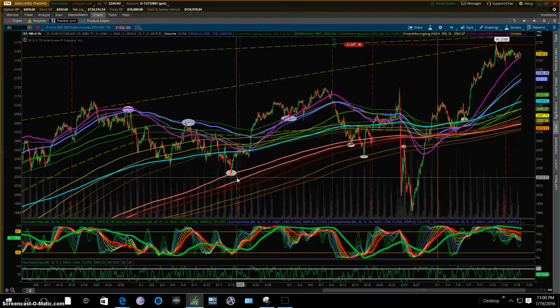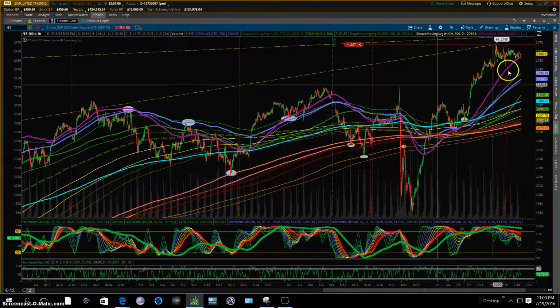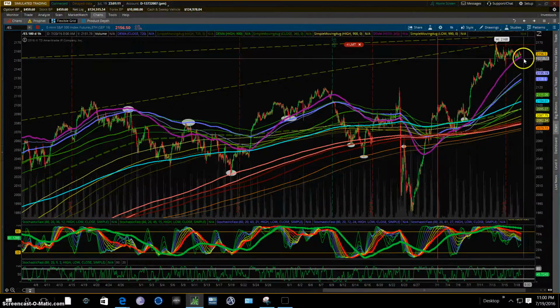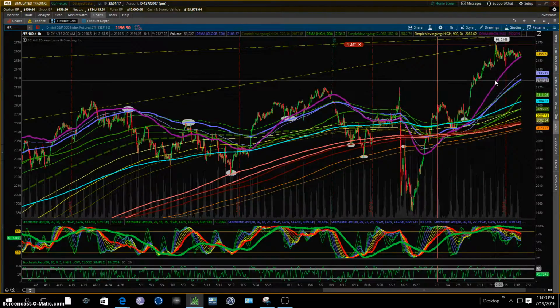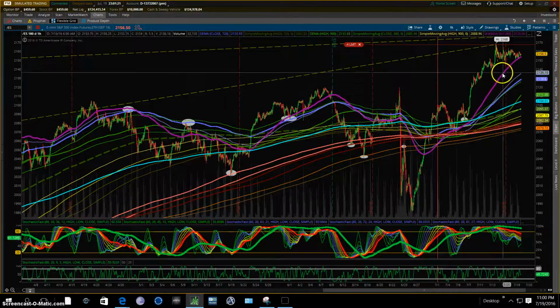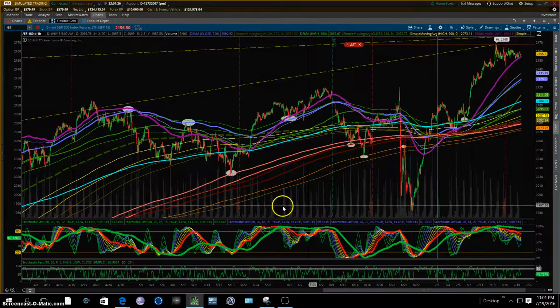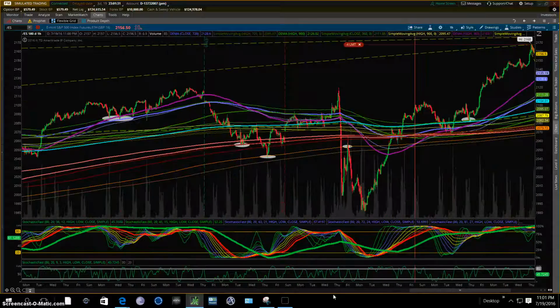Alright, just want to do a real quick recap on the ES since we're nearing, after this big run up, the first purple on the hourly, the first moving average. This is a DEMA high 360, and rubbing up against it. I haven't touched it yet. If I zoom in, I haven't touched it yet, but this could repel us higher, or if we break through it,